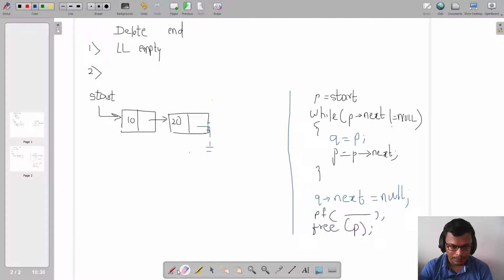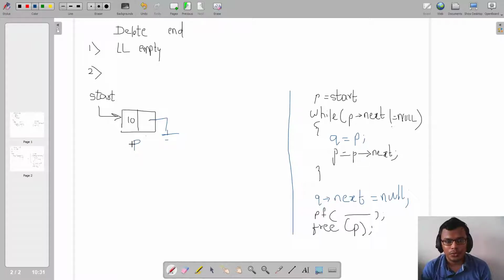So this will become P in that case, and this will become Q in that case, correct? Now if I delete this node also, then only one node will be remaining in my linked list, right? And in that case this will be P, but then who will be Q?